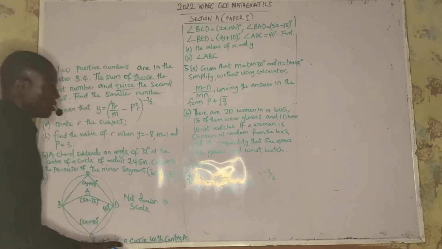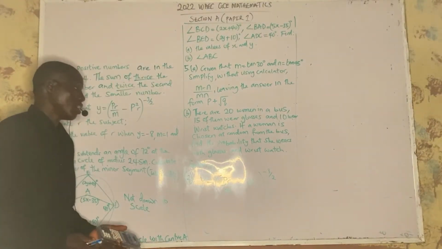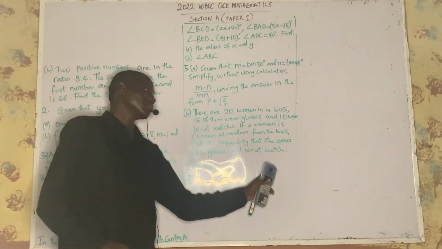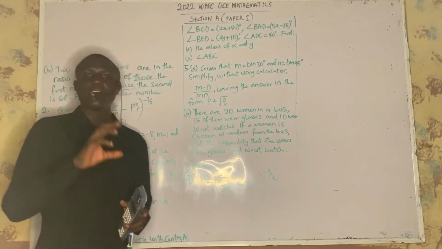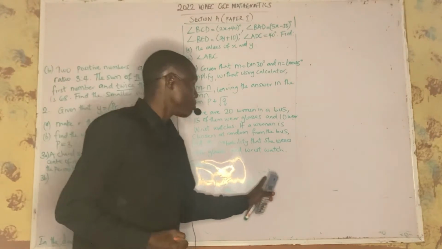The first thing is that you can see that this R is enclosed in the bracket. We have R here, but they are enclosed in the bracket, and that bracket is even raised to power minus 3 over 2. The first thing is to eliminate the power. How do I eliminate the power? Multiply